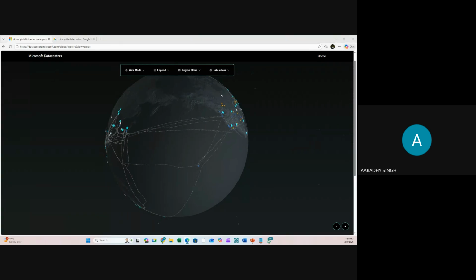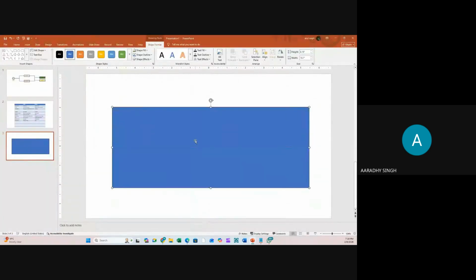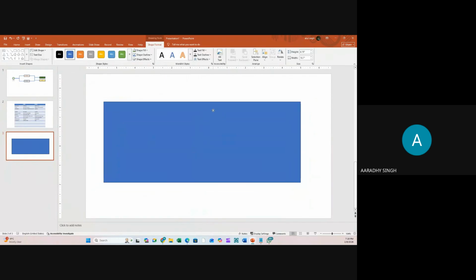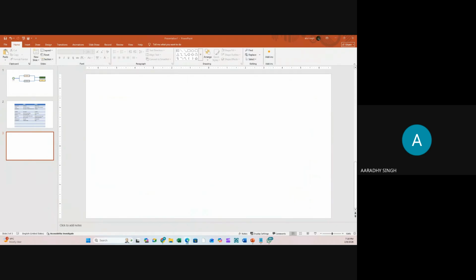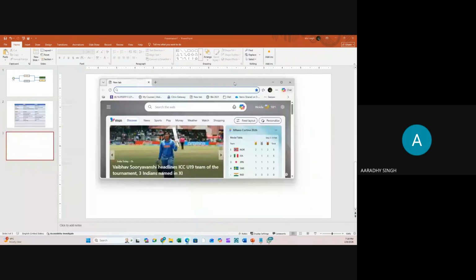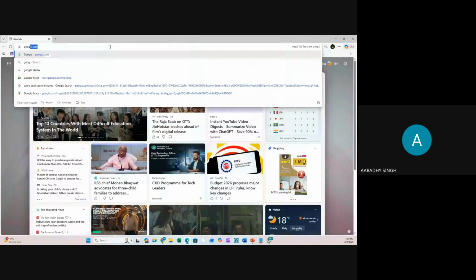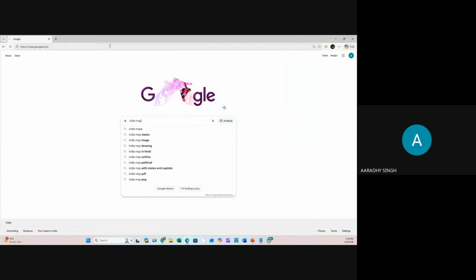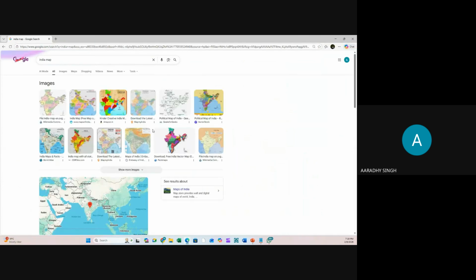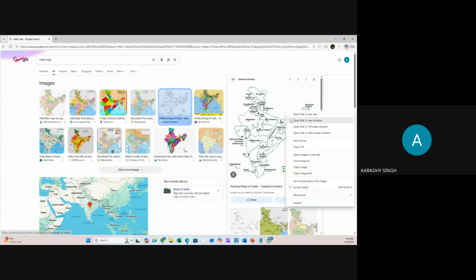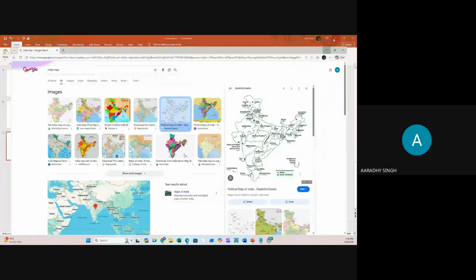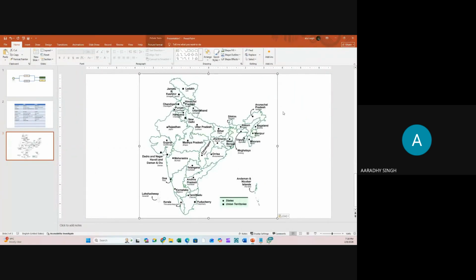So guys, the data center is the lowest level of the entity. Suppose India is one of the geographic locations. So let me do one thing. Let me use the map of India. So what I told you, India is one of the geographic locations. So in India, this is your geographic location.